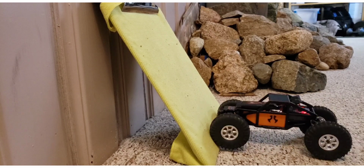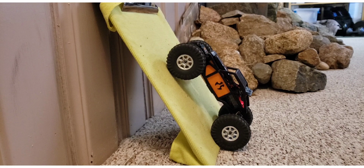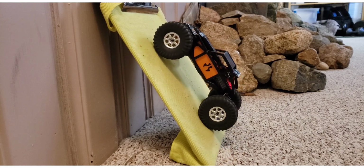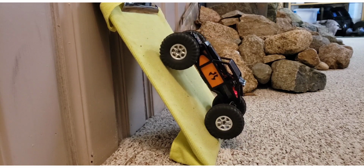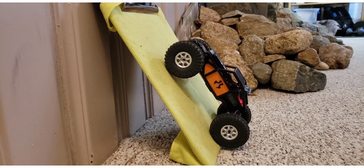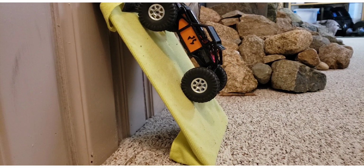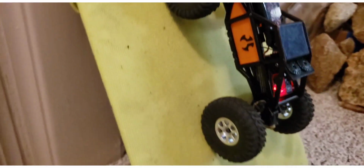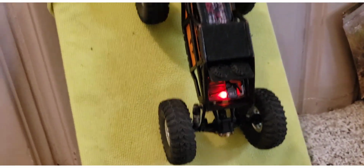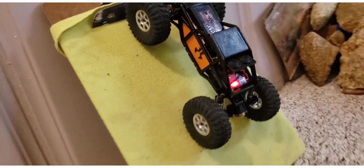I have the angle now set to 60.4 degrees, and I've got the three corners tied down, and this is a big tire car. So you're starting off with the center of gravity already high, and I'm at the limit of the tires, not the limit of the chassis. The tires aren't going to be able to handle more than that, but the right front pretty much stays, the left front pretty much stays planted on the ground. We've got no torque rise, no torque roll, and no front end lift